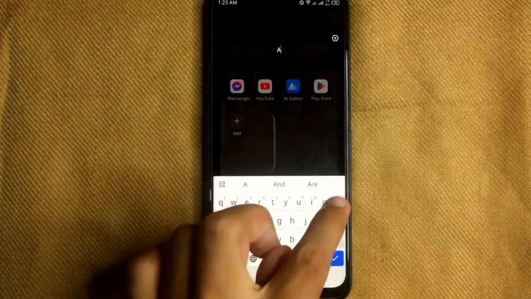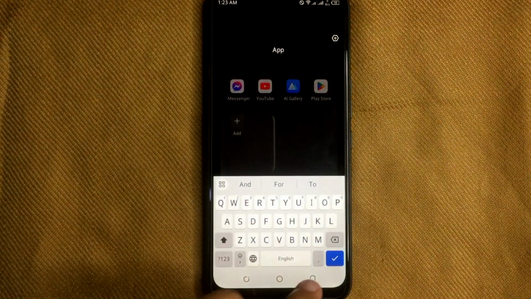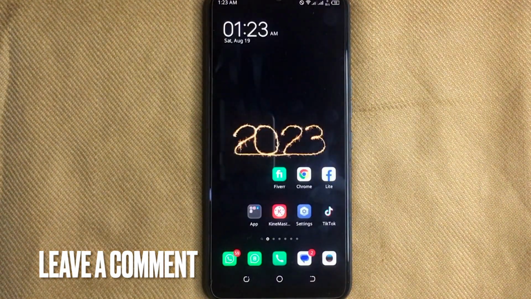So there you go. If you were wondering how to create a home screen folder on Android, that is the easiest